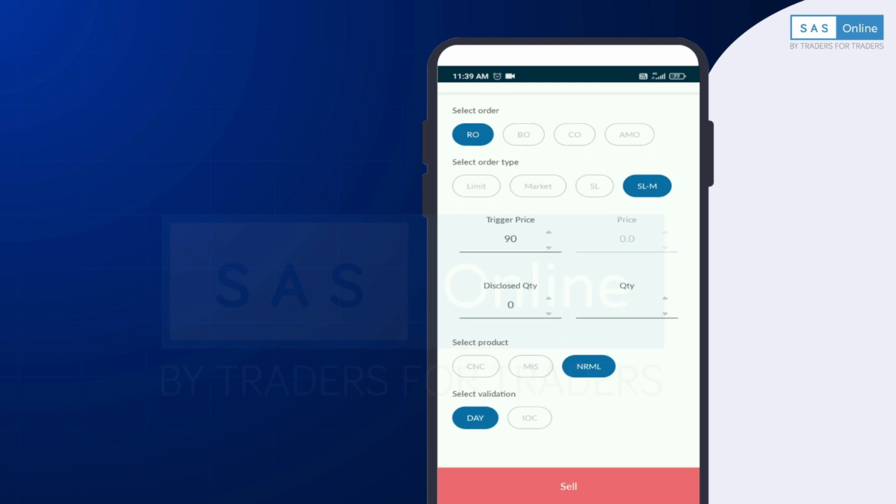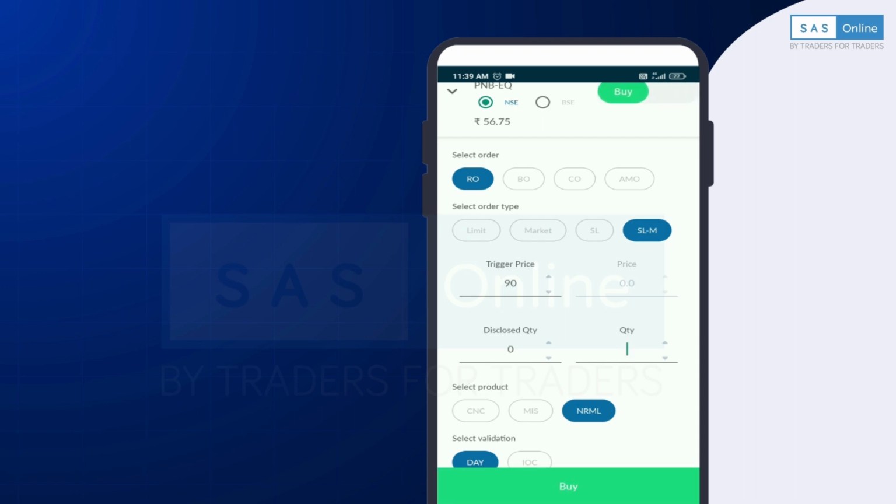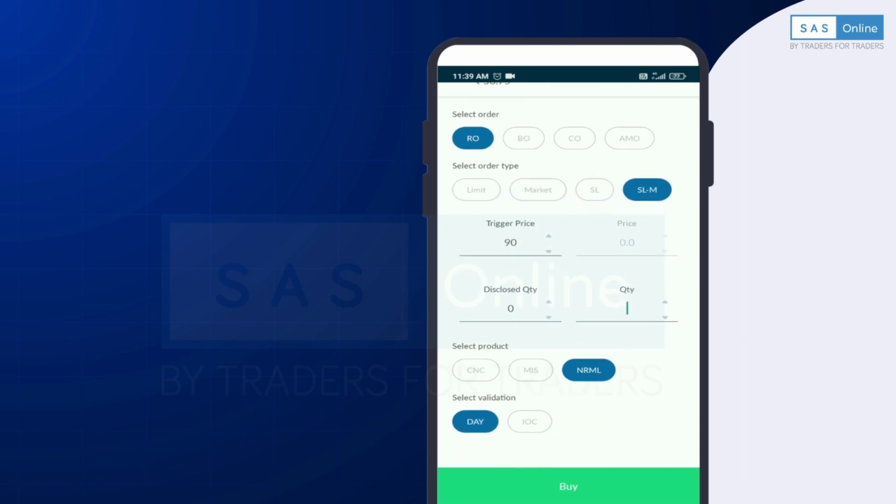Okay, now the next thing is day and IOC. In that day, let's suppose you have a limit order, okay, and you want to place it for the whole day. Like you want it to be executed whenever the price comes in the market in the whole day. Then you have to select the day. But second,